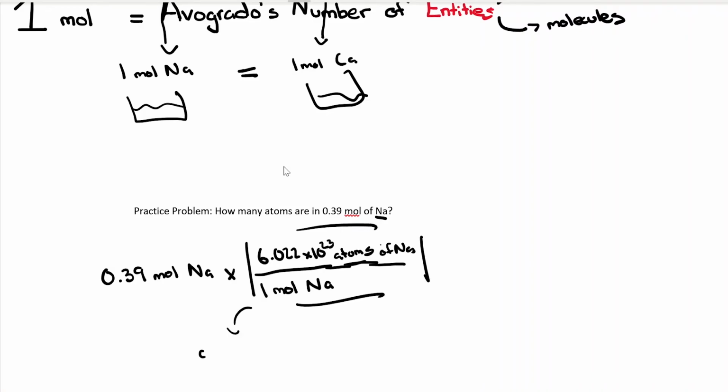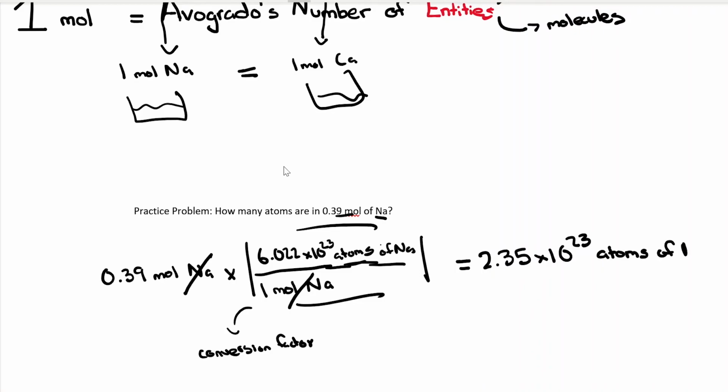We can use it to solve this equation here. So we can think of it as these units canceling out from the top and the bottom. And we just multiply these numbers. And what you end up getting is something along the lines of 2.35 times 10 to the 23 atoms